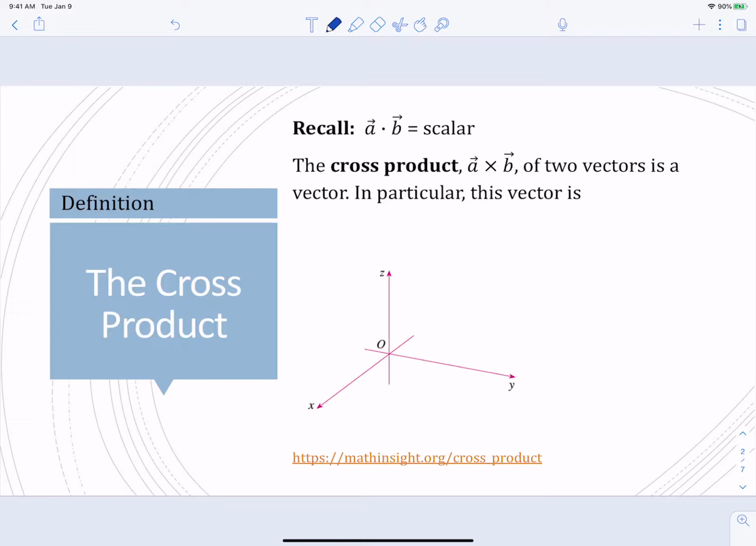So last time we did the dot product, which is right here. So we've got two vectors, a dot b, and this is a scalar. And so this is sort of one multiplication that we can do with vectors. Another is the cross product. What's going to be nice about the cross product of two vectors is that the answer is going to be another vector. What's also interesting is that this vector in particular is perpendicular